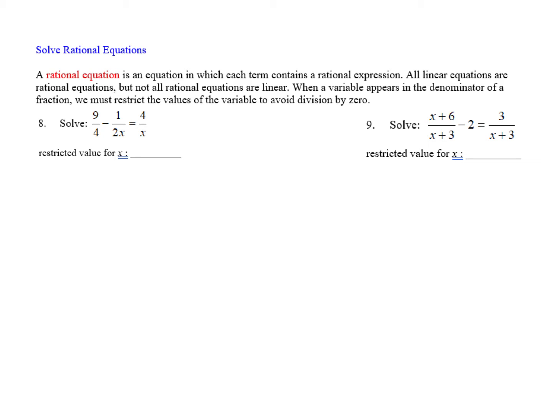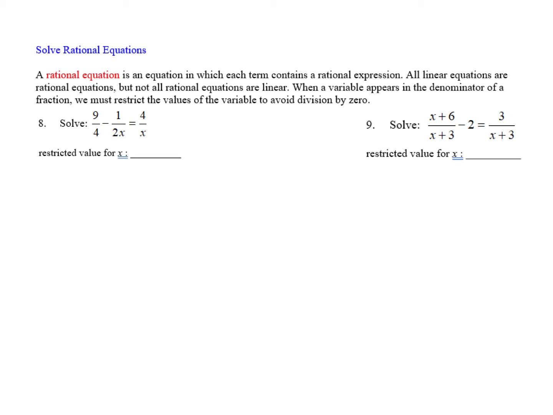Our next step is to solve rational equations. A rational equation is an equation in which each term contains a rational expression, which begs the question, what's a rational expression? The definition of a rational expression is anything that can be written as a fraction of integers, but in the case of algebra, we kind of expand that out to any fraction that involves variables, particularly in the